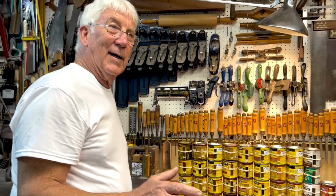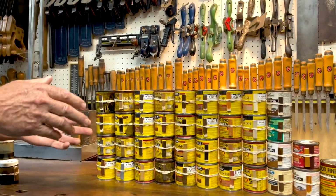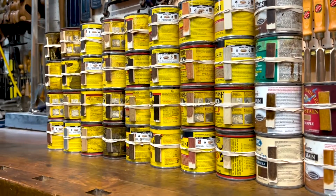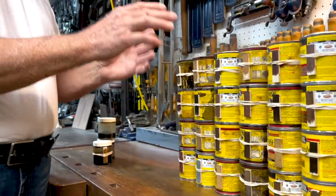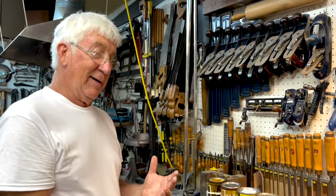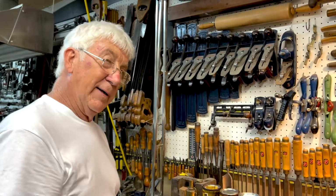Well, to me, I always like to work wiser and not harder. When it comes to colors and stains, I like organization in my shop. This is an example of just oil stains. I use water stains, oil stains, alcohol based stains, gel stains. But let's just take this Minwax product. Everybody uses this stuff, but then you go, what does it look like? You need reference. If you have reference, then you can quickly get to it and go, this is